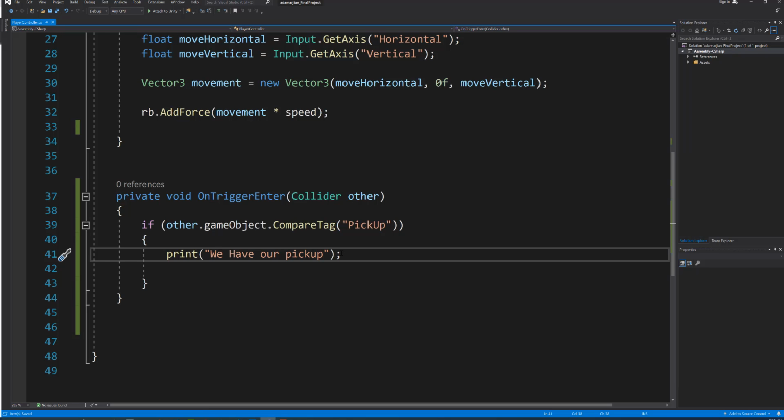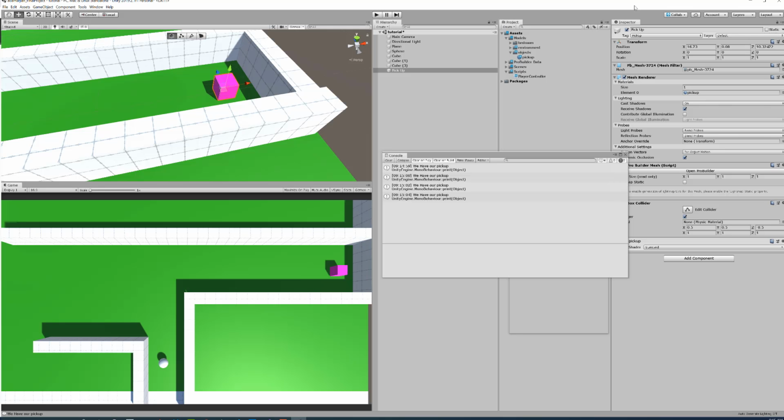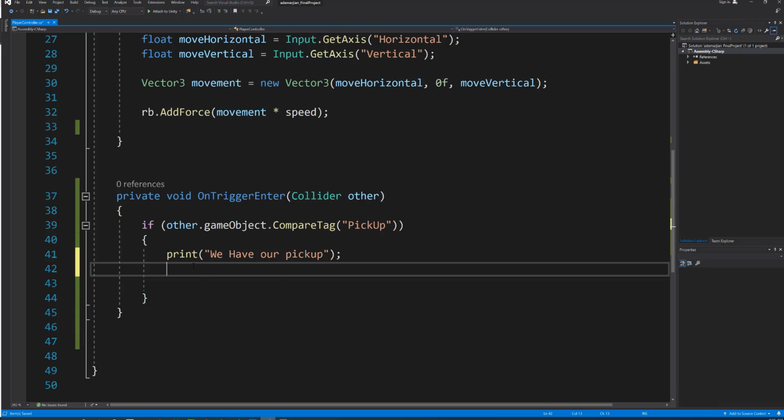We have our pickup. So something else we can do is we can actually turn off the other object or destroy it. So let's go ahead and set it to inactive. So notice that this pickup has a checkbox here, and that's called set active. So what we'll do is we'll print we have our pickup, and let's just do the same code as before, other. Now, mind you, we're checking if we run into something with a pickup here, other dot game object dot